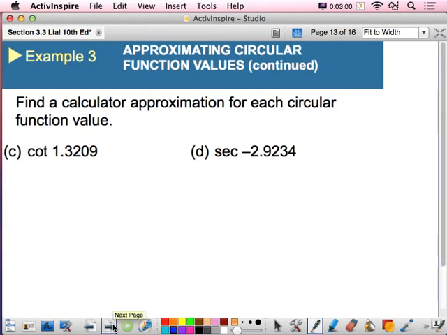Now these are things that some of you struggled with, so let's make sure we talk through these. If we're looking for secant, cosecant, or cotangent, we have to type those in a little differently. If I want to find the cotangent of 1.3209, you actually type into your calculator 1 divided by tangent of 1.3209 radians. So if you're looking for a trig function that's a reciprocal, you type it in as 1 over